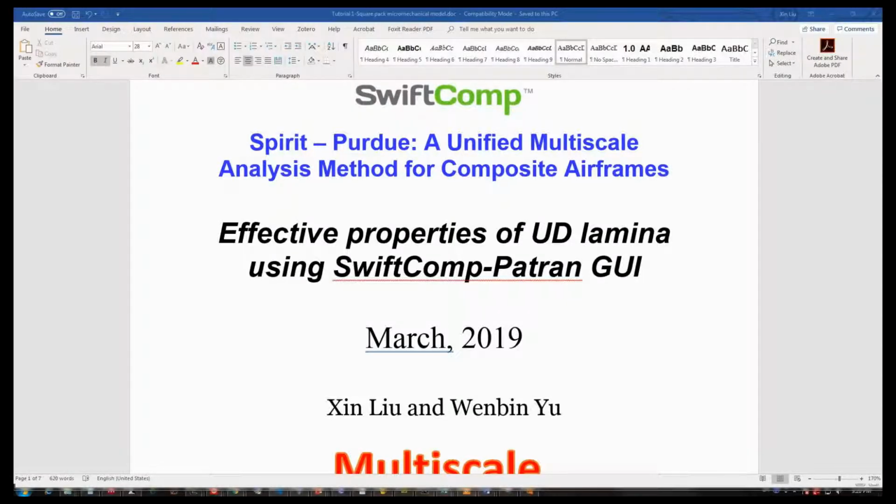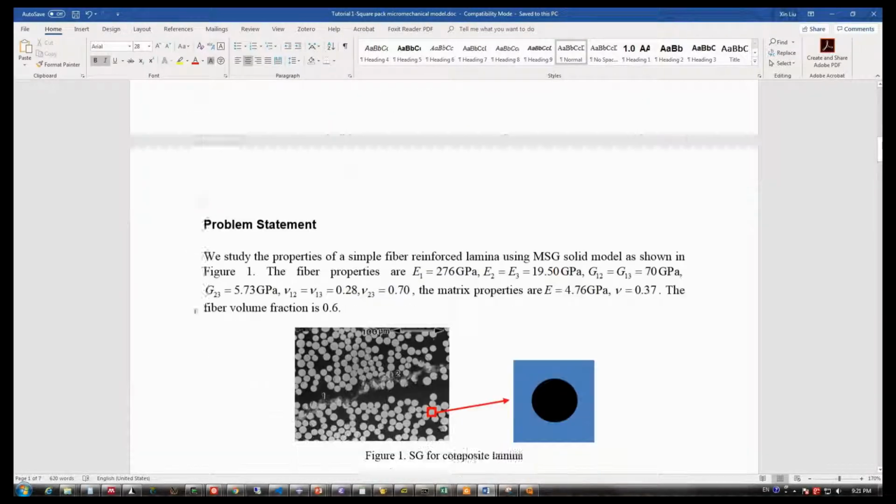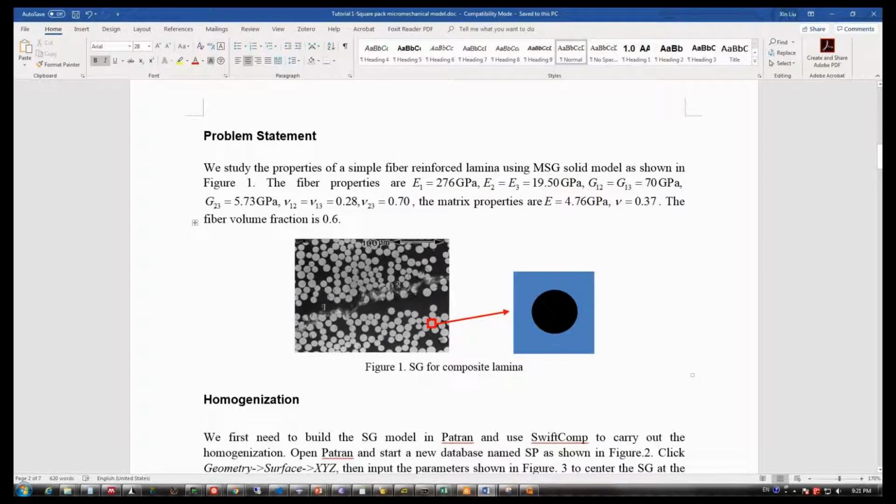Hello everyone. Today I would like to make another tutorial about using SwiftComp GUI to compute effective properties of unidirectional fiber reinforced lamina. So usually we can consider there are lots of fibers inside a single ply lamina, and we would like to